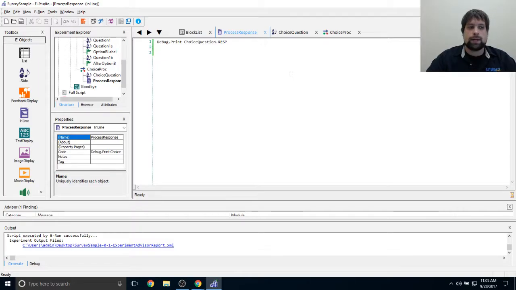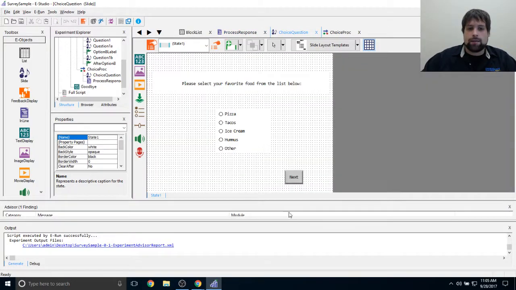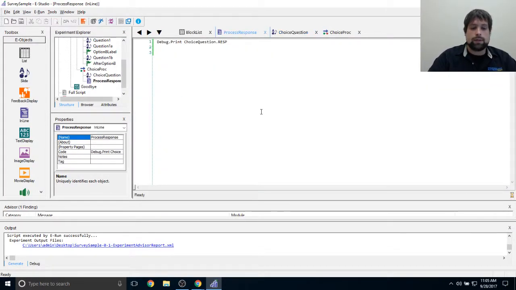So I'm going to make something called an if-then statement in E-Prime, and this is probably one of the more basic kinds of scripting things that you can do. This is a way to kind of program contingency into your experiment. In this case, I want to say if participants select other, take them to a screen so they can enter something else. So to do that, I'm going to say if